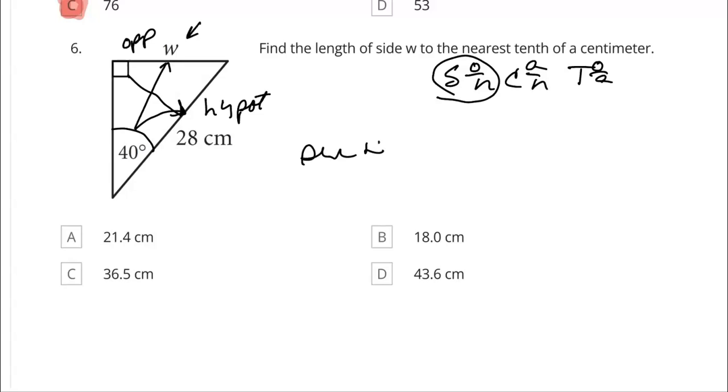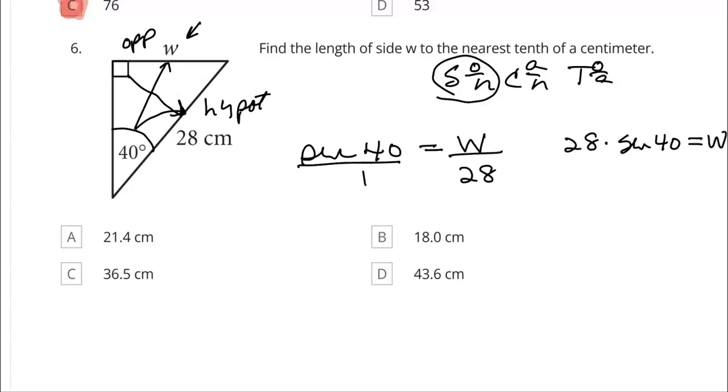So the sine of 40 degrees equals opposite, which is the W we're looking for, over the hypotenuse value, which was 28. So this is a one-step problem. Doing cross products, I get 28 times the sine of 40 equals W, which is exactly what I want. So W ends up being 18. So right here, 18, and it's in centimeters because they gave me units, so I have to give them